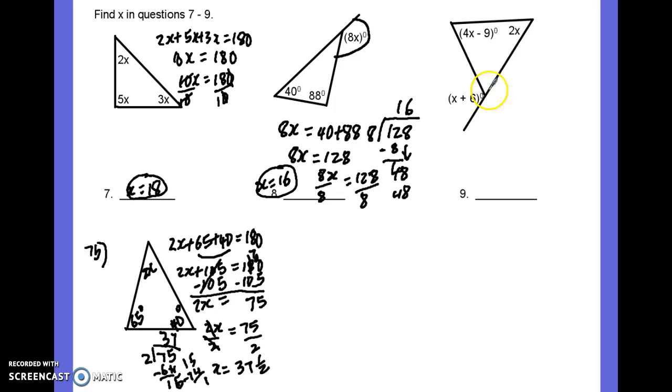Okay. This one you'd set up similarly and work it out. So this is the exterior angle here. So you'd say the exterior angle is equal to the sum of the two remote interior angles, equal to 4x minus 9 plus 2x. What I'd like you to do is go back over this one and just work it out yourself. Okay, the answer here for this one is, if I remember, 3. So you can just work that out and check it to see if you get 3.